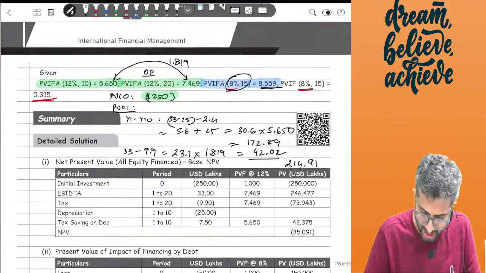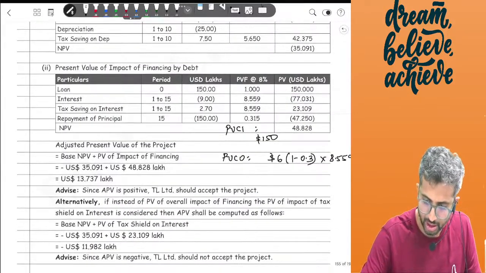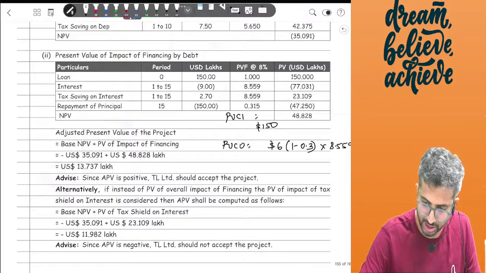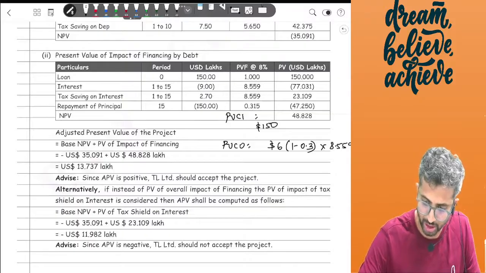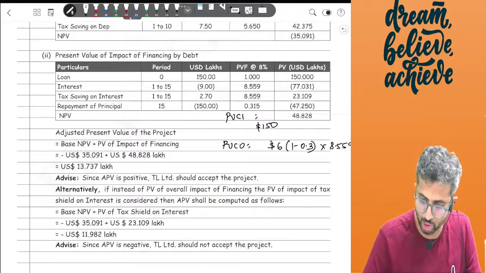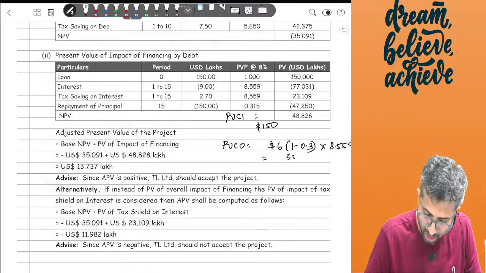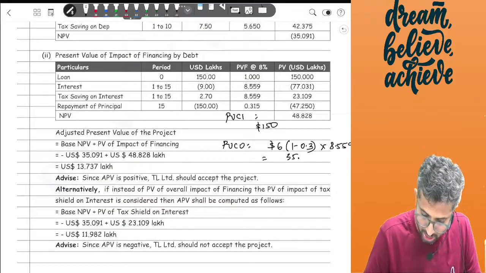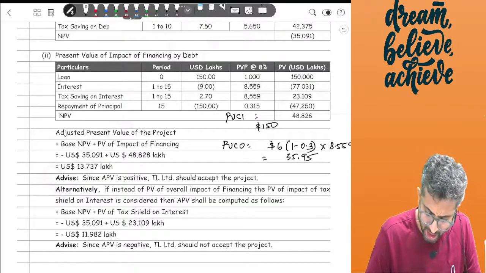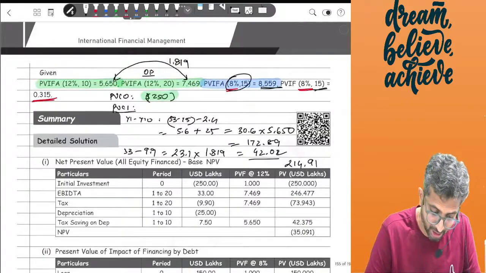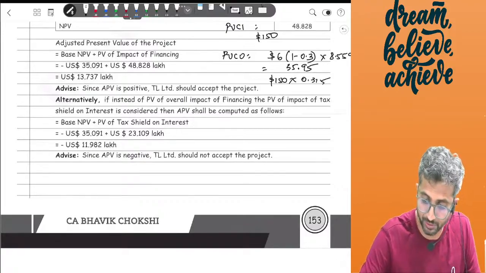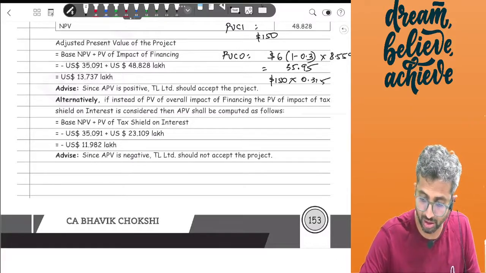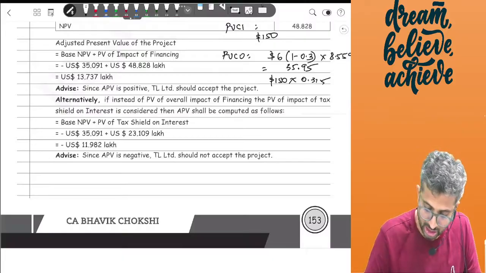So the cash outflow is 6 into 0.7 into 8.559, which comes to 35.95. Then another 150 that you are repaying at the end of the 15th year, whose factor is given as 0.315. So 150 into 0.315 comes to